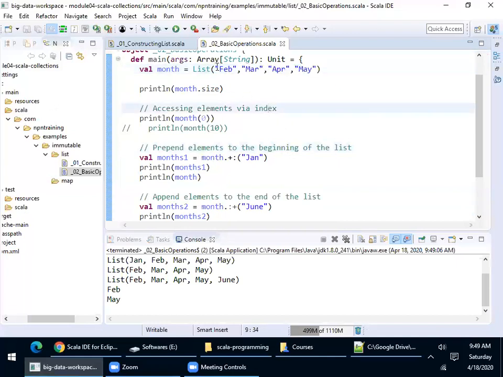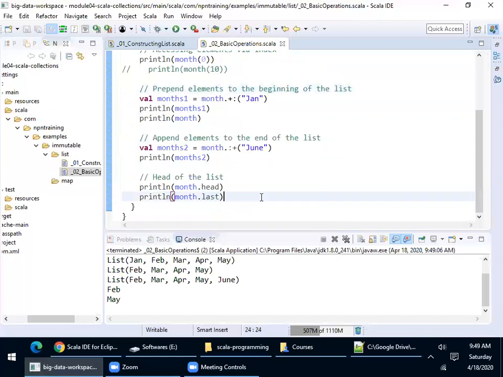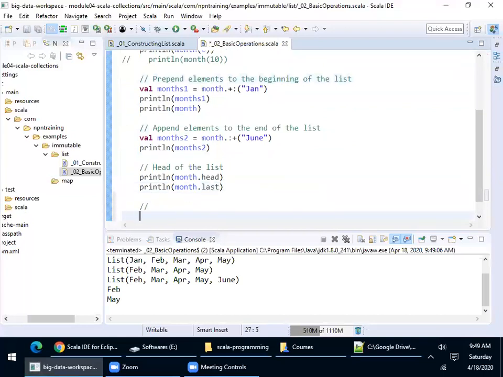Let me print that month so that it will not get lost.